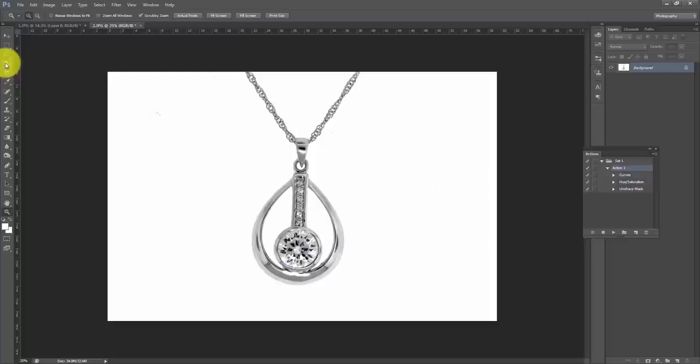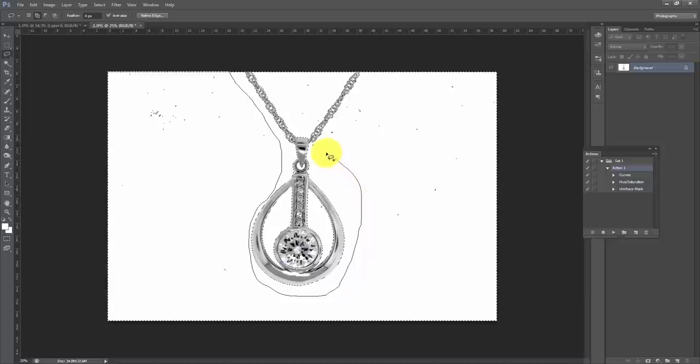Now again we can go to the Magic Wand, same exercise, Shift and select, and this time after pressing Shift and the Lasso tool, we will be able to remove the small selections,